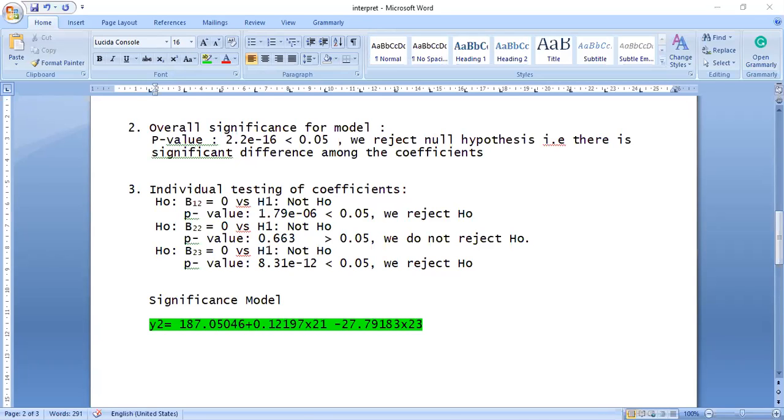So you need to check for, see this is, I don't know why they have given everything